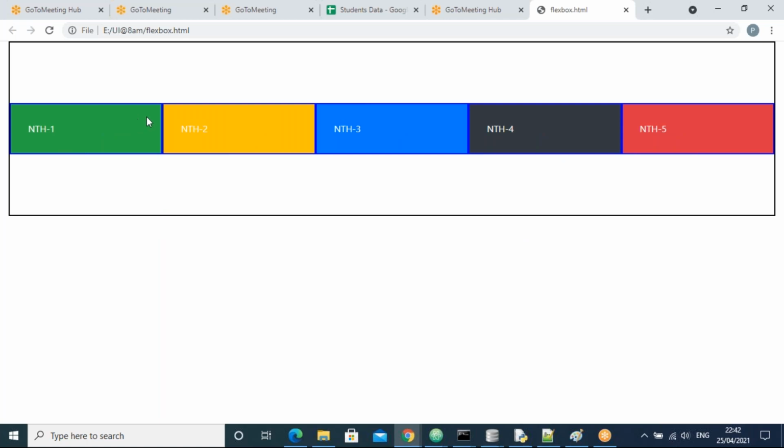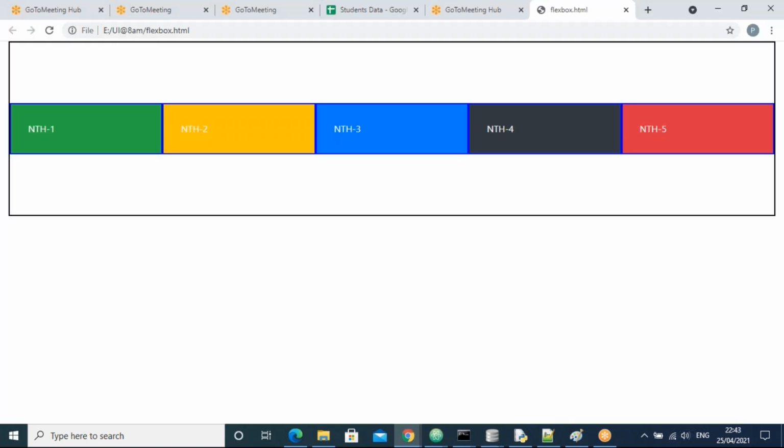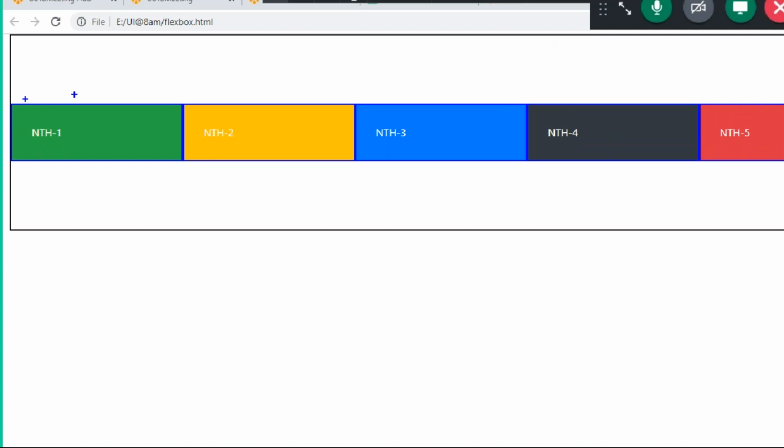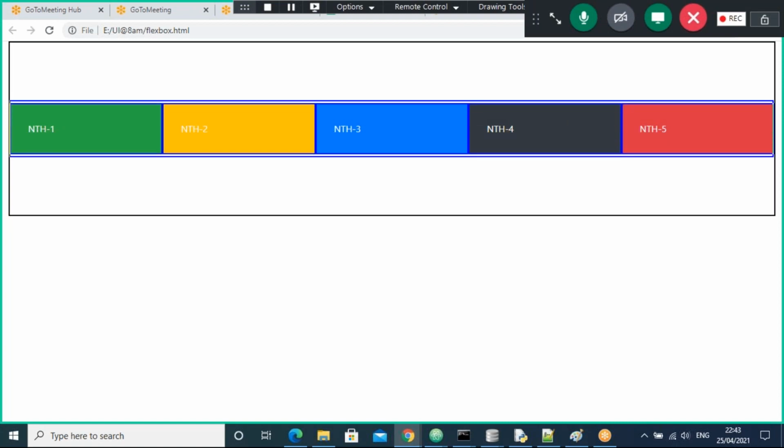Now all of you observe. When you take this flex 1, the space-evenly and space-around settings don't work here. All the boxes are occupied from left to right in this container, and all are the same size.